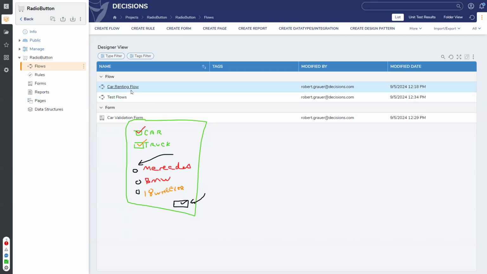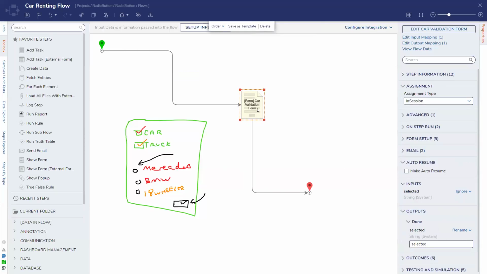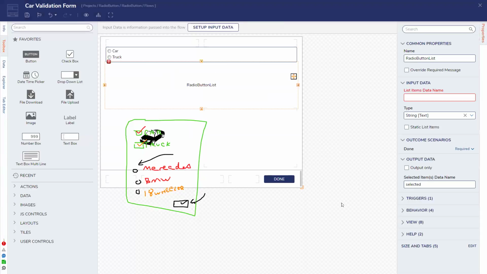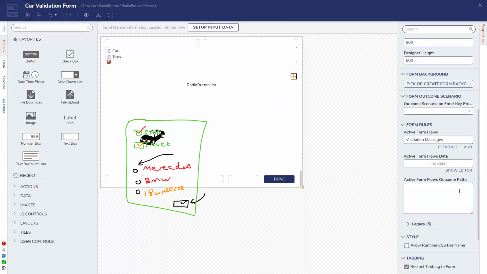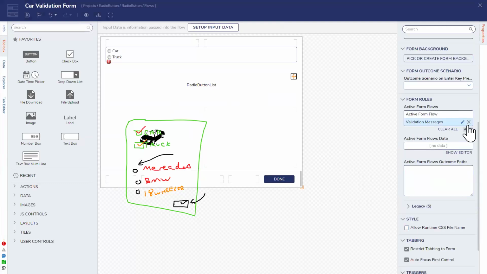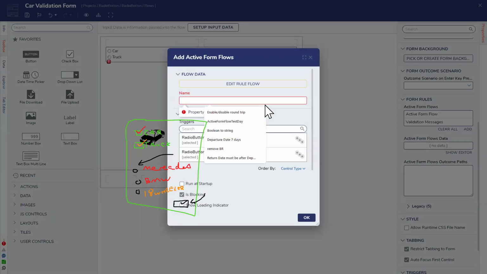Yeah, I mean, you definitely can. Like I said, I know we're kind of running low on time here, and I don't know if I'll be able to get this done in 20 minutes, but essentially, with these active form flows, you definitely can run a truth table with an output. So if I go in here, let's do a quick one. Truth table. We're just going to have this run at startup. Or no,